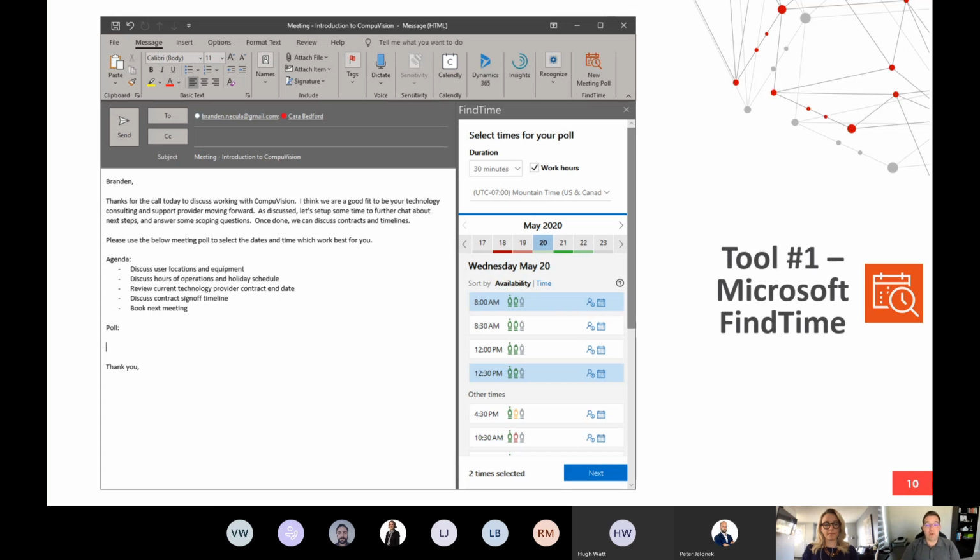You'll notice in the very top right, I have a new meeting poll button in my email window. This is what happens when you add FINDTIME to your Outlook. And if I click it, it gives me this right-hand side FINDTIME panel. So you can see I've set the duration for 30 minutes. I want it to be only in work hours. And FINDTIME has shown me that the next available date that both me and Kara and I are available is